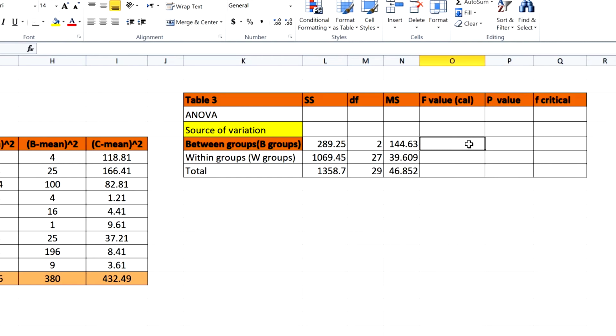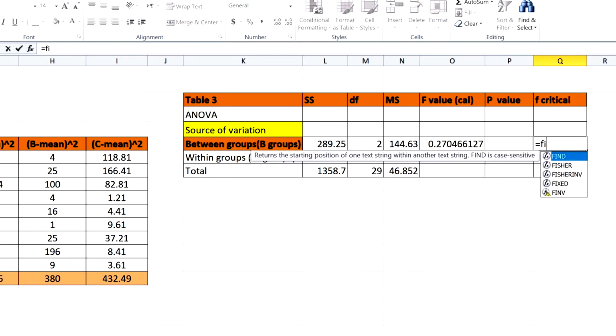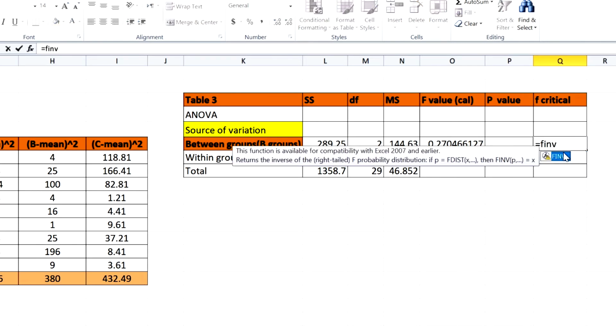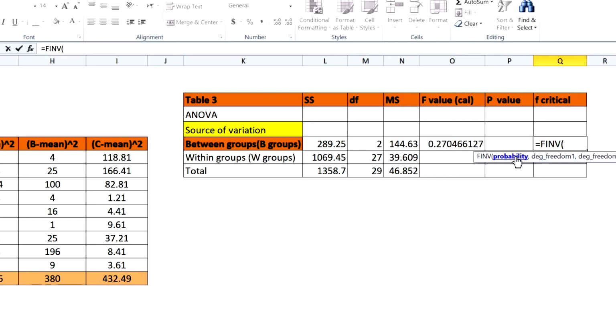F value at the beginning equals, as I said in the lecture, the ratio of between-group and within-group variability, equal to between-group sum of squares divided by within-group sum of squares. Enter. F critical equals, there is a function here, F.INV, enter the probability of error, which is 0.05 significance level, comma, degree of freedom 1, which is between-group variability, comma, and degree of freedom 2,